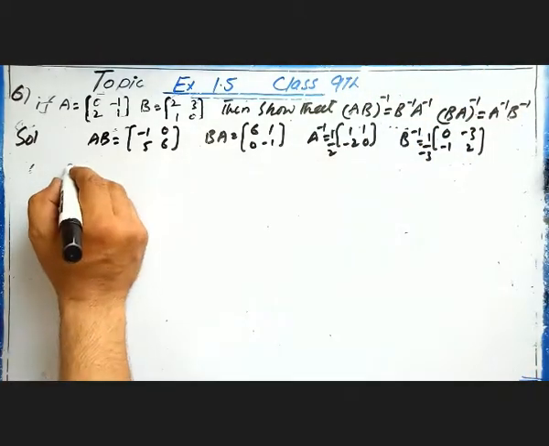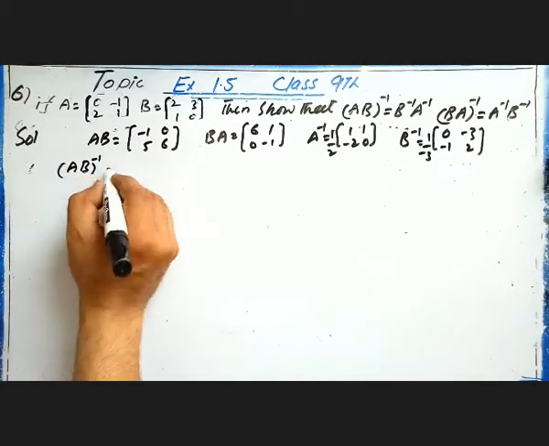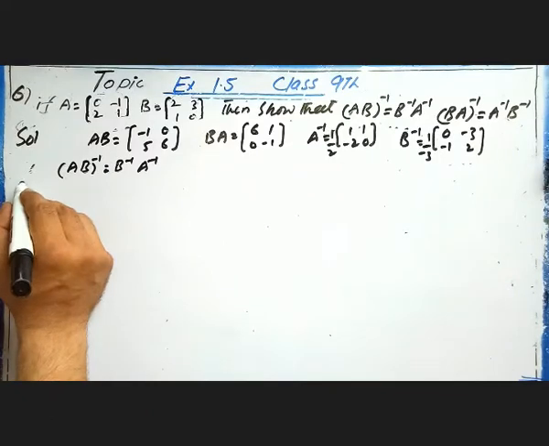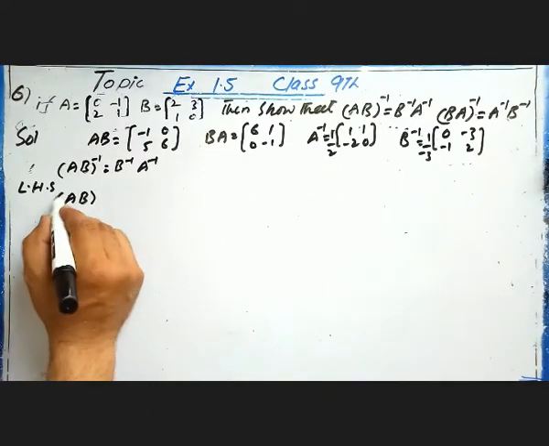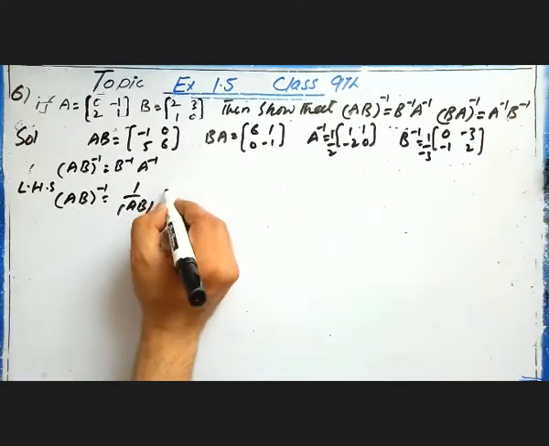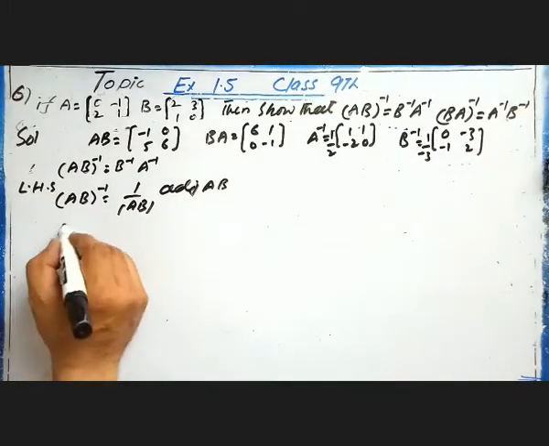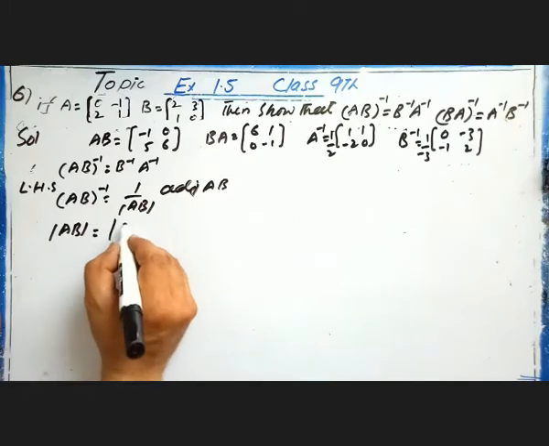अब हम फाइंड करेंगे फर्स्ट पार्ट। So AB whole inverse is equal to B inverse into A inverse. So taking left hand side, that is AB whole inverse is equal to 1 over AB determinant and adjoint of AB. So AB determinant will be equal to, AB हमने already find किया हुआ है, नंबर 1 -1 0 5 और 6 के बराबर होगा।